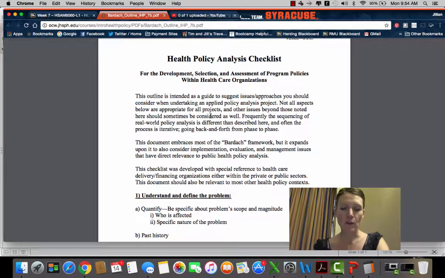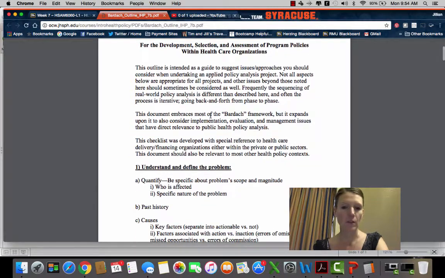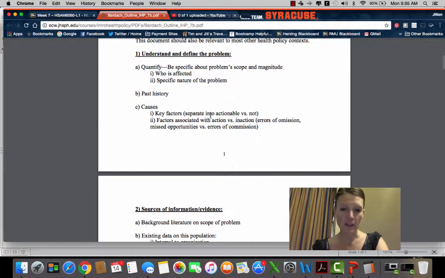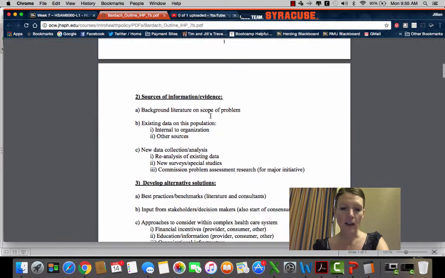If you're looking to analyze how a policy is going to impact your healthcare organization, or just looking to do policy analysis, you can use this to take a look at that and